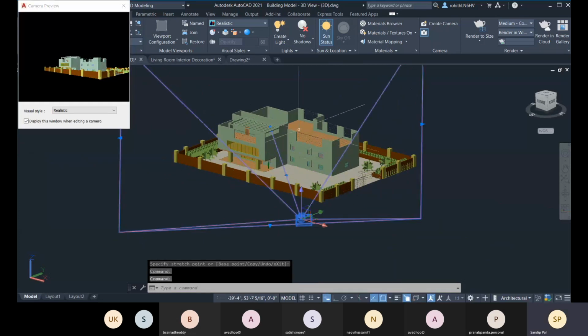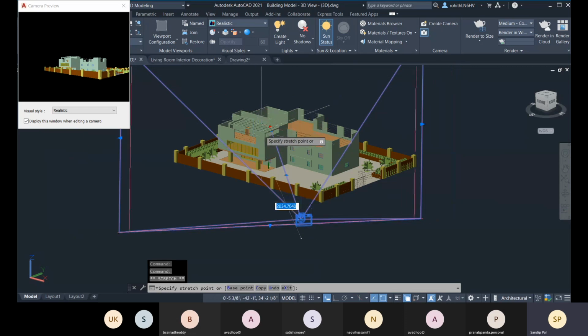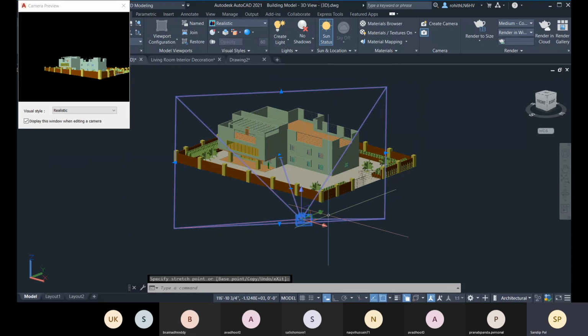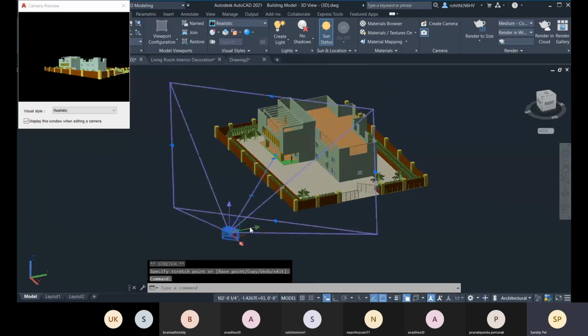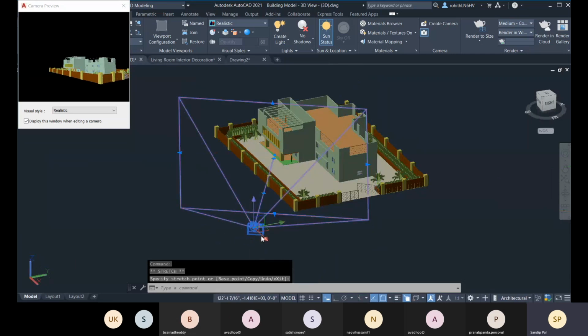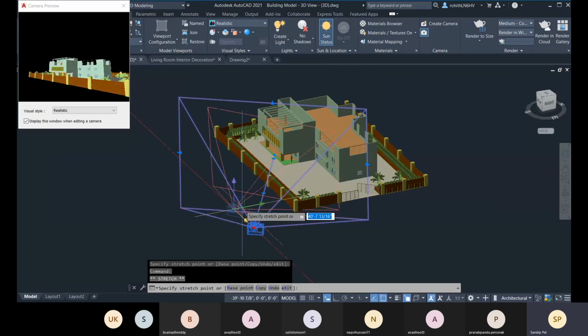This is the target which is fixed right now, and you can change the target distance. As per that, you will see that your field of view is being changed. You can change the camera position as well, so that you can get the closer view.